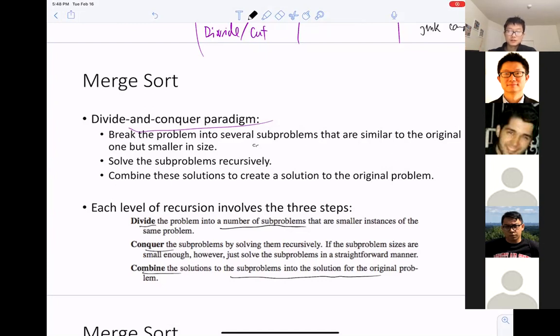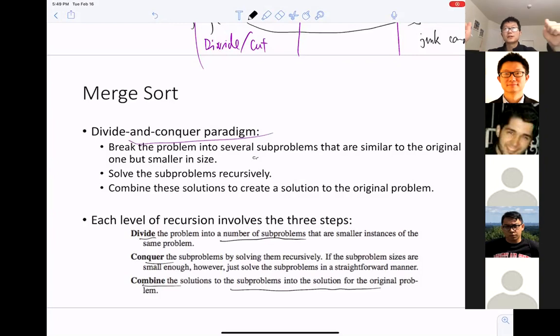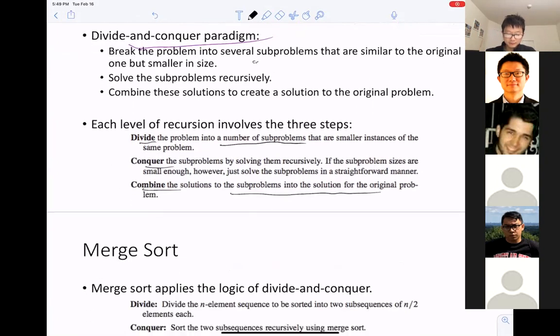Okay, so these are the three different steps. If your algorithm follows these three steps, then we say that your algorithm uses the divide and conquer paradigm, or design philosophy. Actually, this philosophy is widely applied in computer science. If we're given a very big problem, we divide it into small pieces to make the solution feasible. So this is the divide and conquer paradigm.